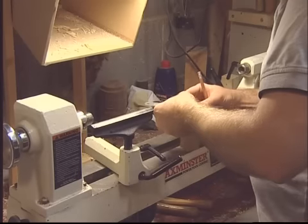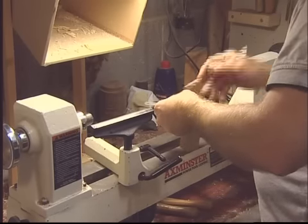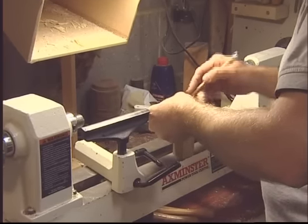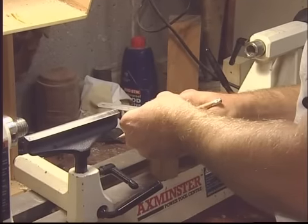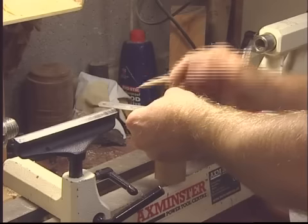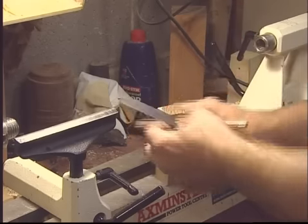How do we actually go about kitting out the lathe, or setting it up for turning a bead? The lathe should be set up for just general wood turning anyway. There's nothing different to turning a bead to turning any of the other projects. You just start off with your stock of wood, you centre it up, and I like to start it between centres,